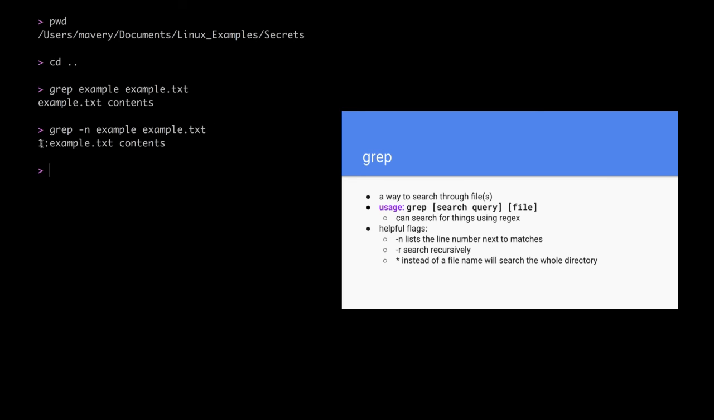So this gives me a line number in the file where example occurs. -r is short for recursive, and that'll search recursively, so from the current directory down. And then a star, instead of a file name, will search the entire directory. So if I do grep -in